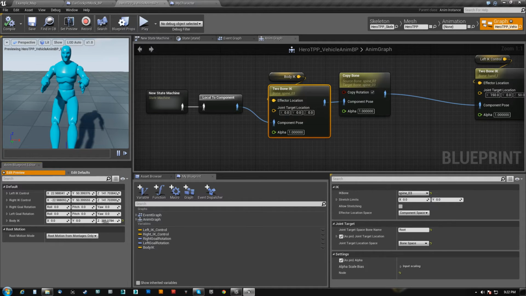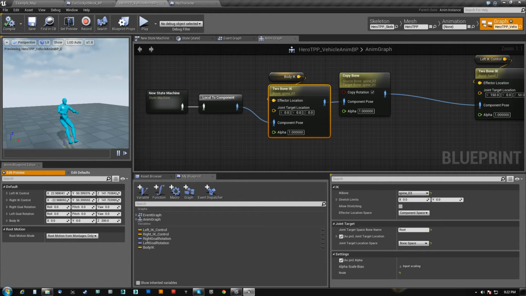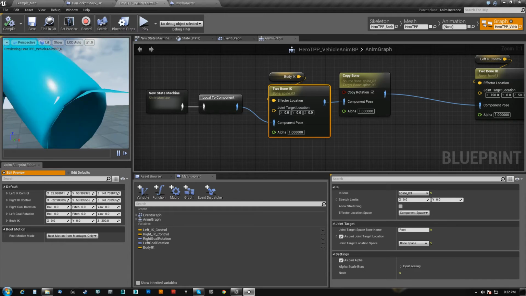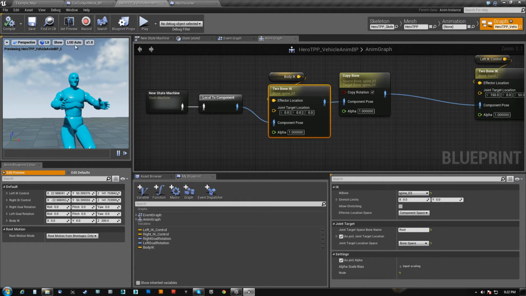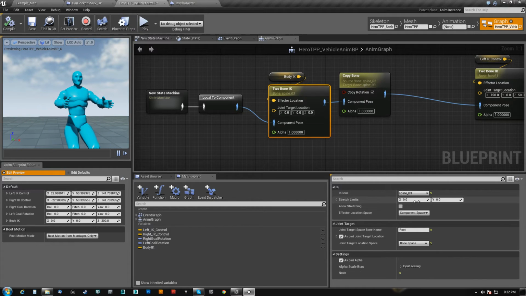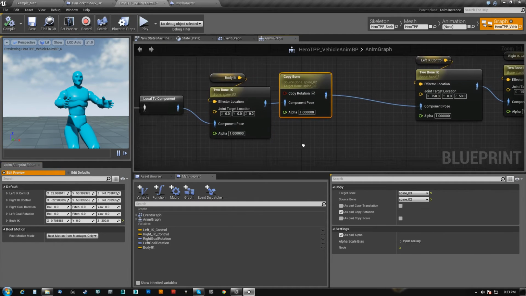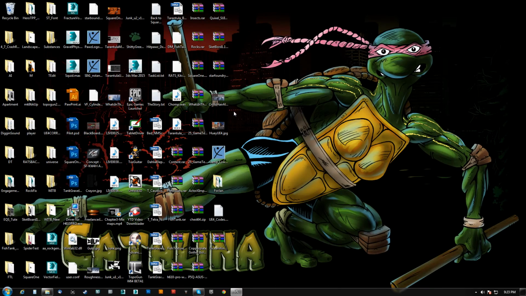So I keep it kind of high up, at about 200. If I look at this, you don't really see that location, but it's somewhere up here. So it's pointing towards some arbitrary point up here. It won't stretch unless you actually tell it can, but I don't want it to. So this right here can lean left and right and tilt forwards and backwards. If you wanted to, you can twist it. Now the copy bone exists because the IK,